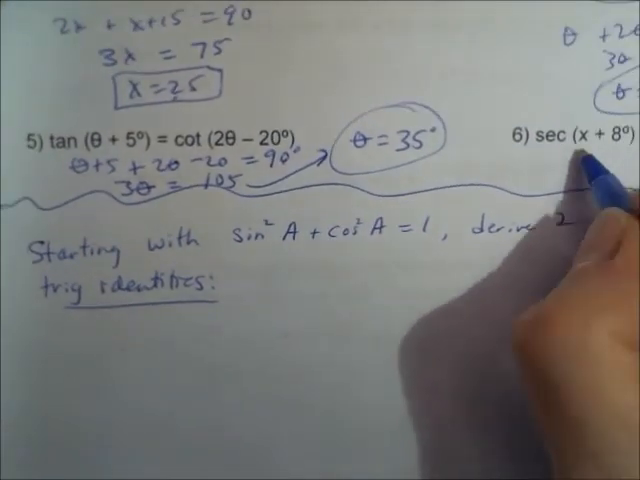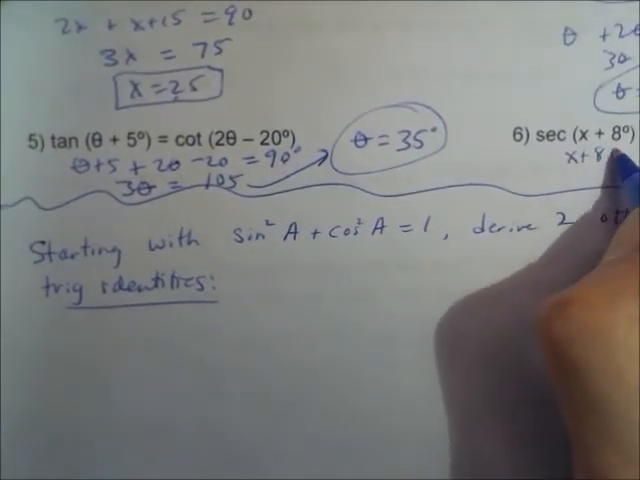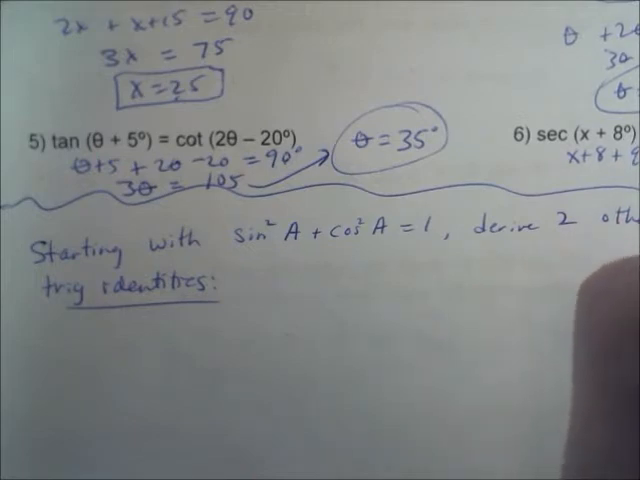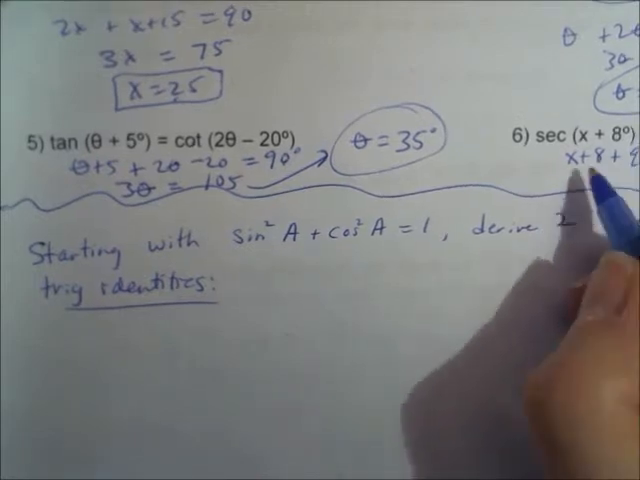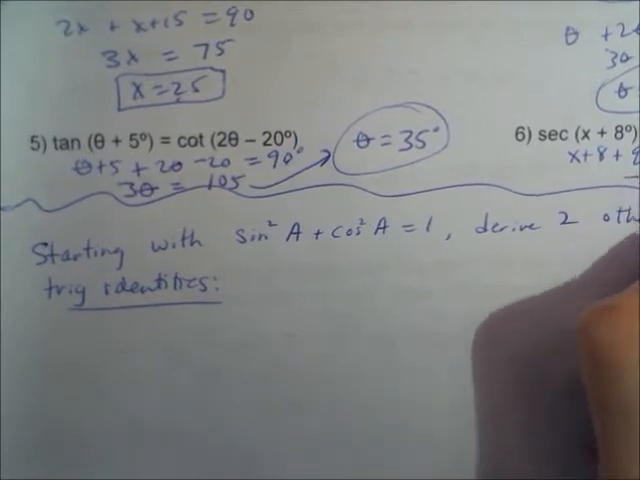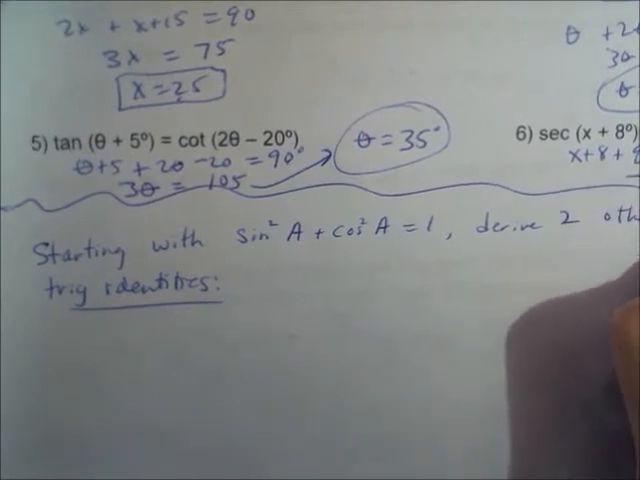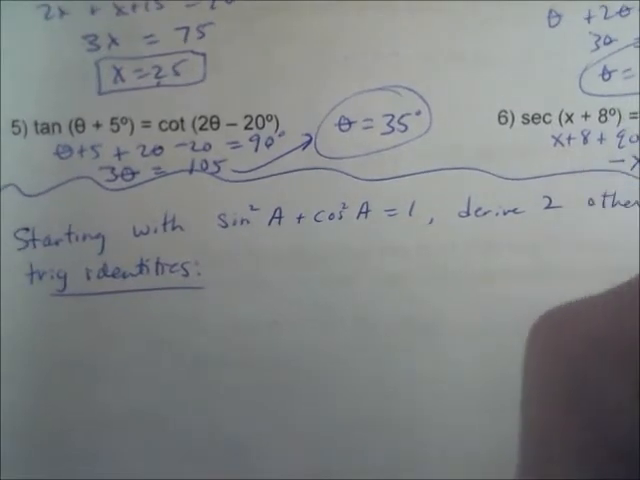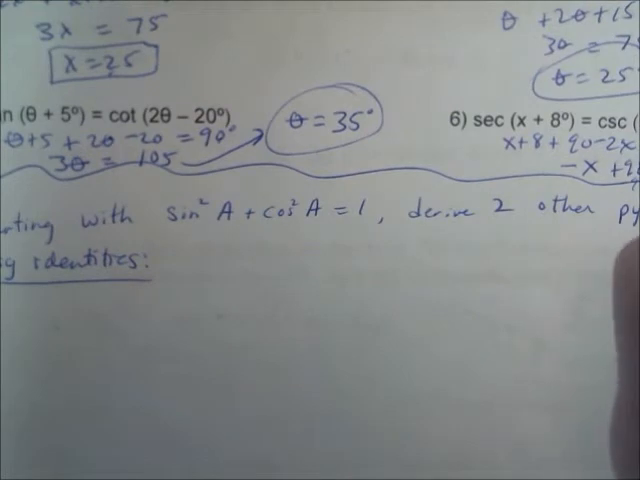In this next example, x plus 8 plus 90 minus 2x add up to 90. See, x minus 2x is negative x, plus 98 equals 90. So if you subtract 98 from each side, you get negative x equals negative 8, so x must be equal